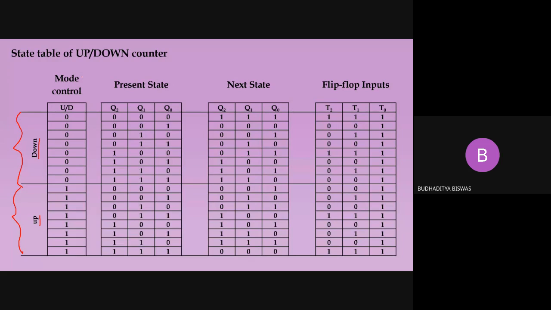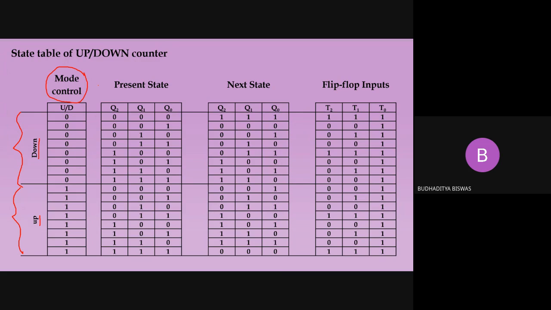And here you see another input, which is called the mode control. As I mentioned, this is an up-down counter, but a counter is not able to count up and down simultaneously. Either it is counting in the up sequence or in the down sequence, but not simultaneously. From 2 it will definitely go either to 3 or to 1, but not to 3 and 1 simultaneously. That's not possible. So another input is there, called the mode control switch, and depending upon its input, the counter is either counting up or down.